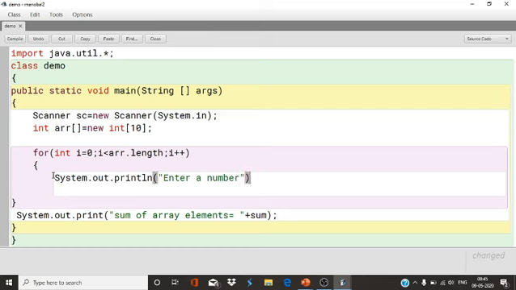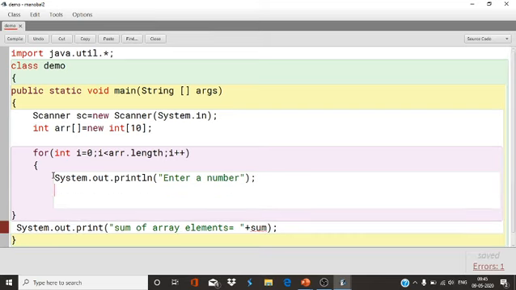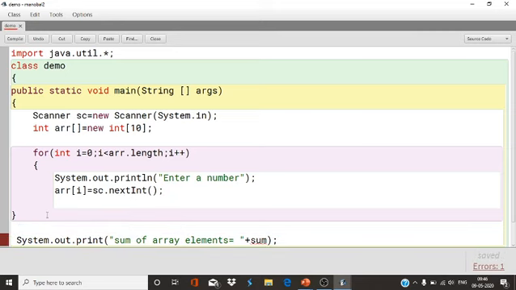How many times will this execute? 10 times, and each time we will store the value in the array at position i. Since i starts from 0, it will store at 0, 1, 2, 3, 4, like that. And now if you want to print here, we can print, no issue.